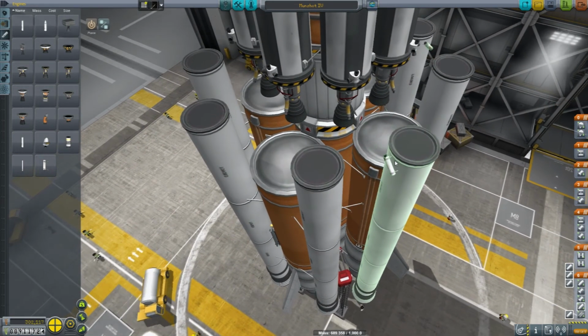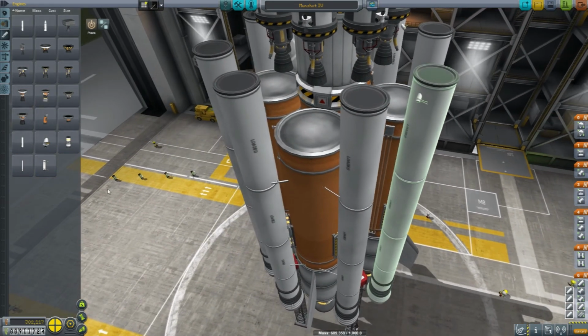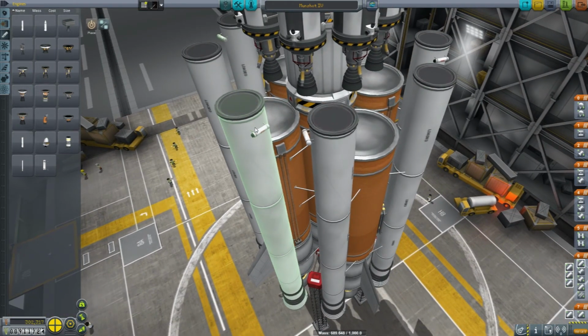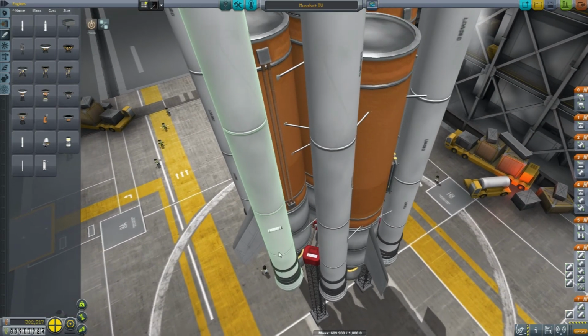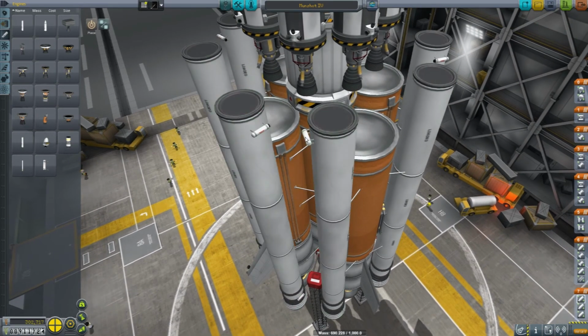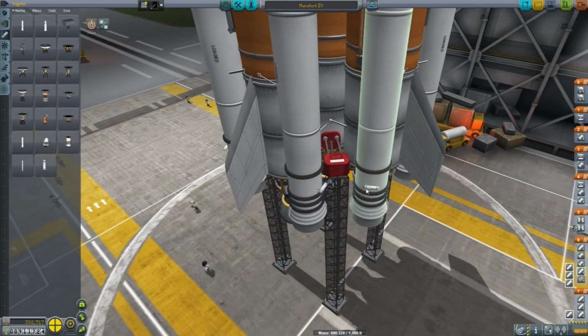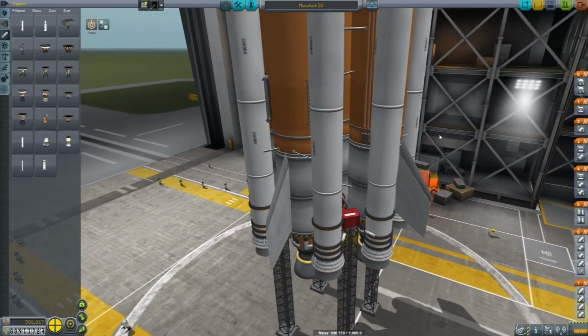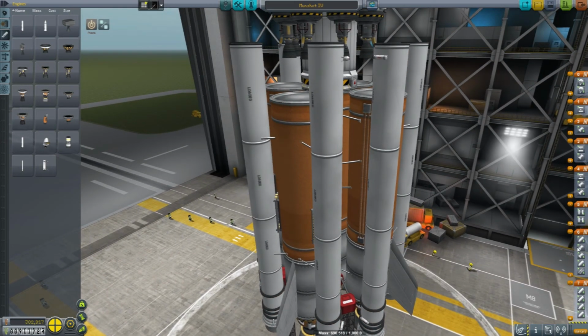Actually, let's put it on the side. There we go. And you're that one over there. And then a second one as far down as we can go. And that should be more than enough to send the whole thing rocketing away from the main ship. Those are going to trigger with the...